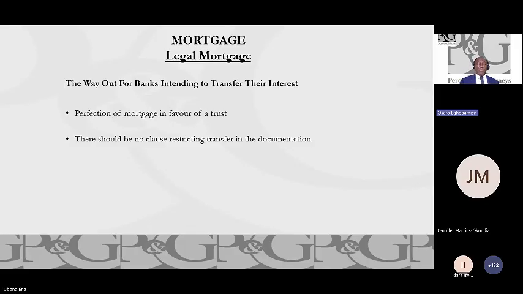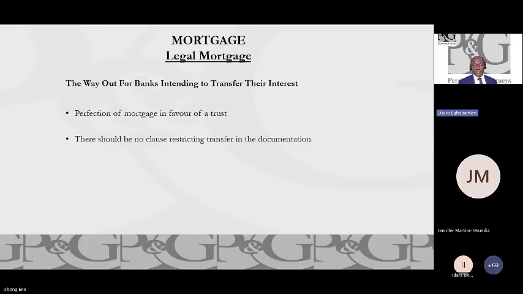So when you create a mortgage in favor of the bank, and there is a need to sell the underlying loan to another party, maybe pension funds or insurance or mutual funds, whatever, you would have to create a new set of mortgages in favor of the purchaser. That is expensive and it's inefficient. Therefore,